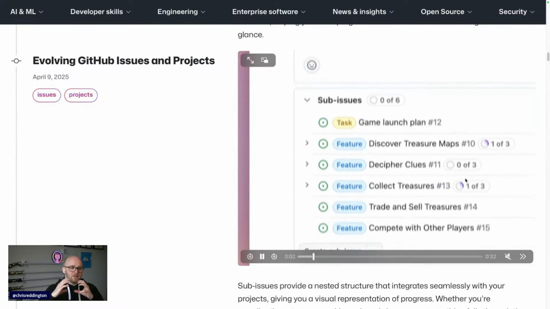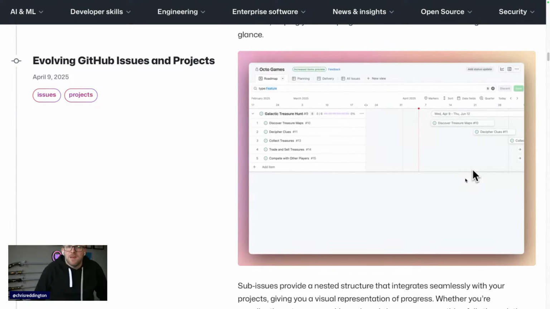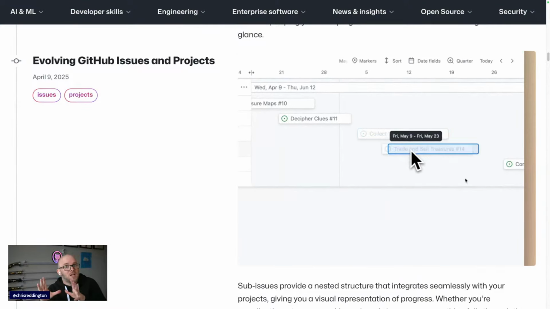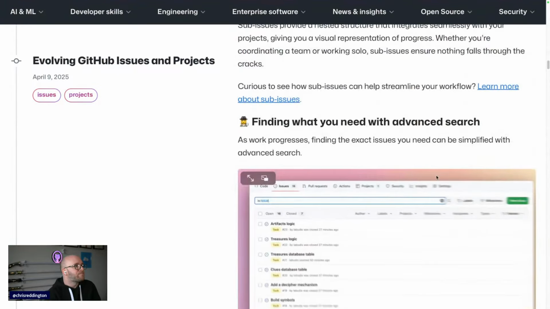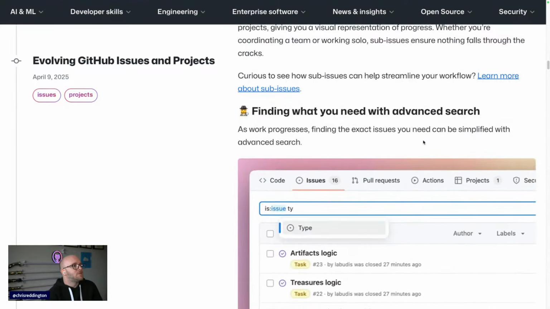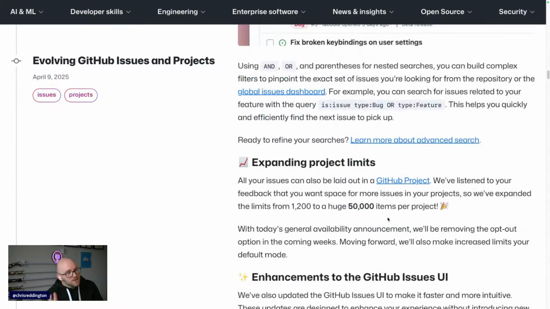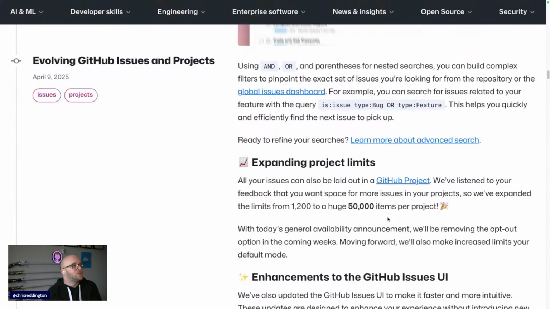So what this then starts allowing you to do is build up this hierarchy of like, hey, we've got this epic has this task or this feature, whatever your structure looks like and makes sense to you, you can start building that now. And then some additional search capabilities then with issues as well. And alongside that, obviously a lot of people use issues with GitHub project boards.